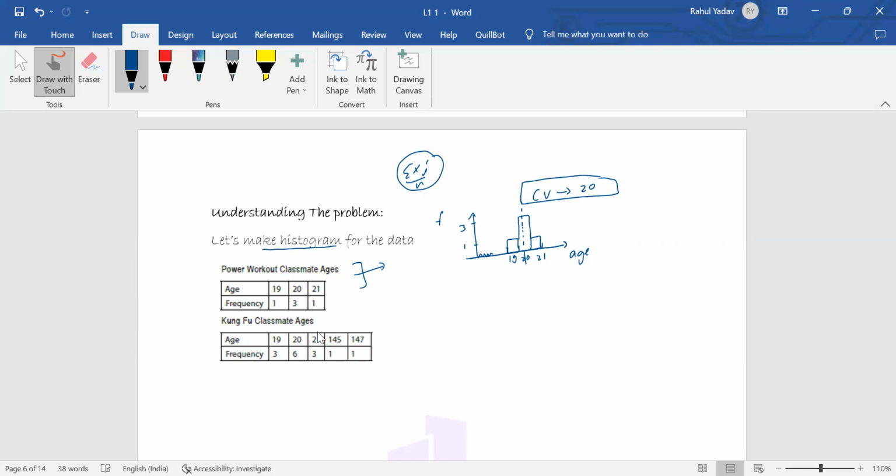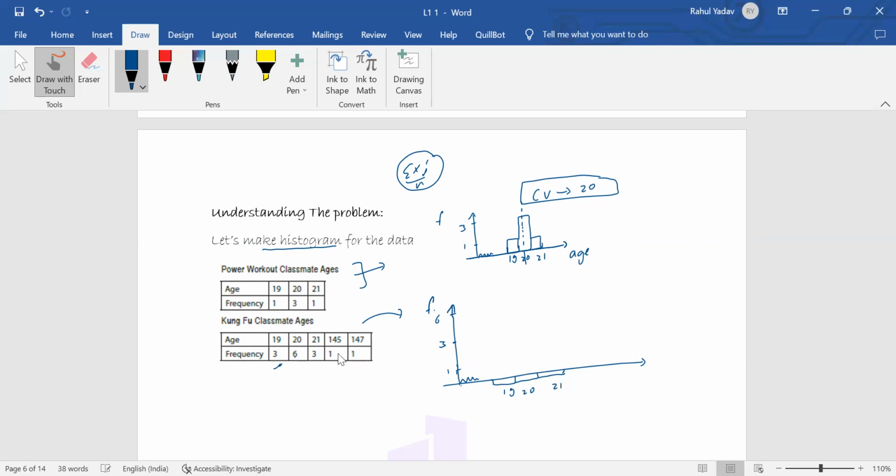Now let's take up the example of Kung Fu classes. For this particular data, we have the histogram something like this. If we have the frequency over here, if I say this is 1, then this will be something like 3, and technically this will be something like 6. Initially the data is coming out from 19. So again, the same thing. If I say this is 19, this is 20,